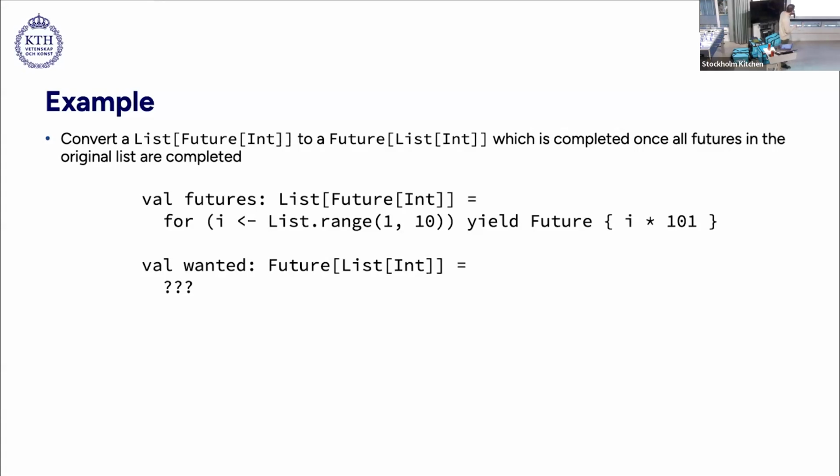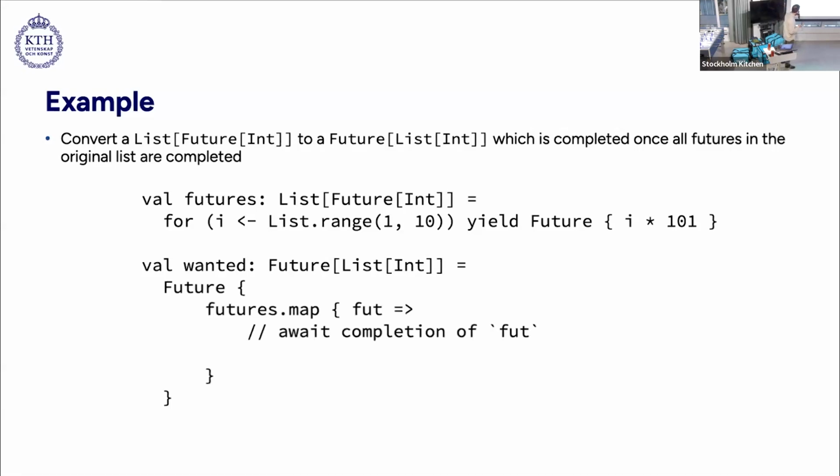And now what we want here is a single future that will be completed with the list of all the results, right? And well, how could we try to solve this? Well, we could create a future because we want to have a future, right? So we can create a future, and then we can say, well, we just take our list here,